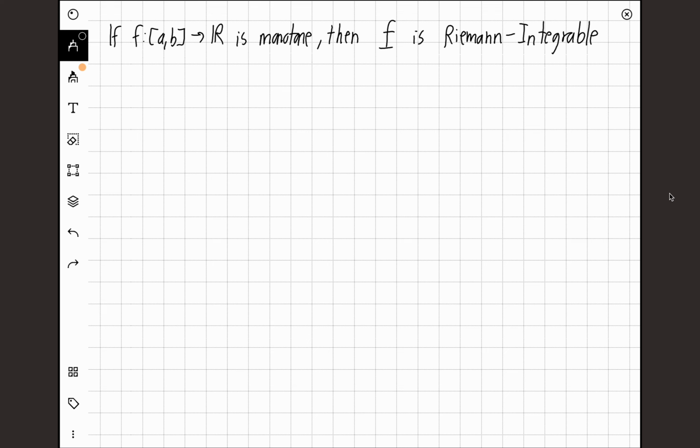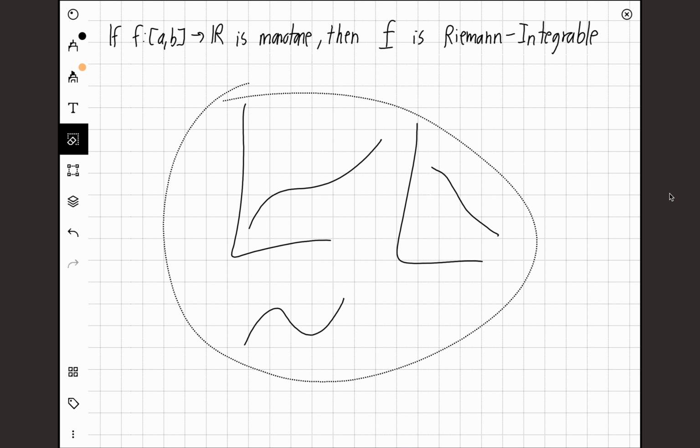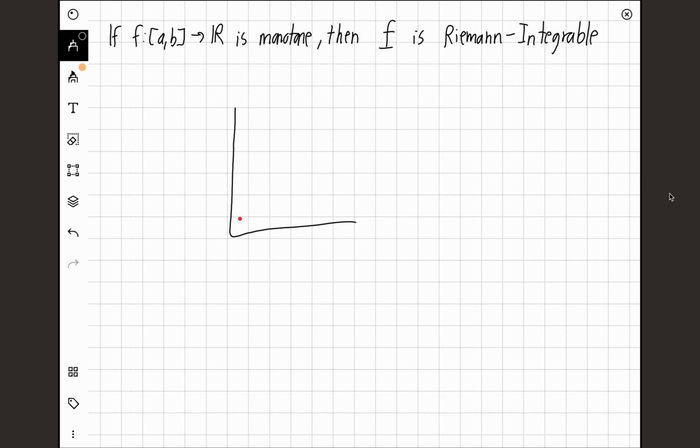Well, a monotone function means that it is either only increasing or only decreasing. It can't be both increasing and decreasing. If it's strictly monotone, then it has to be strictly increasing. But if it's just monotone, it can be increasing, then be constant for a while, then increasing again, but it can never be decreasing. And the same thing holds for a decreasing monotone function. So all we want is that the function is monotone, and then it is